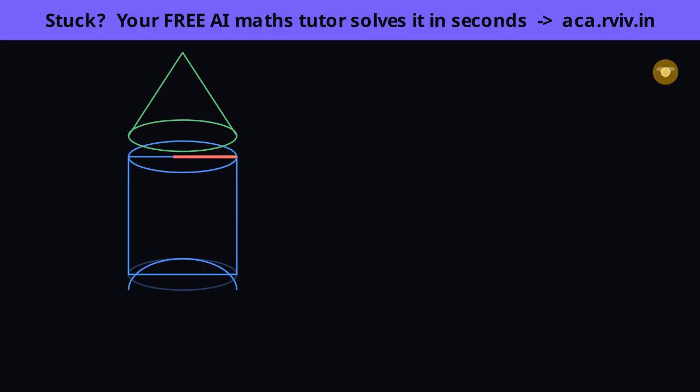So how do we find the surface area of this combined solid? Here is the natural first guess a student makes. Just add the whole surface area of the cone to the whole surface area of the cylinder. But watch, that would be wrong, and it is worth understanding exactly why. Surface area means the area of the skin you could actually paint. But those two circles at the joint, pressed face to face, are trapped deep inside the solid now. No paintbrush can ever reach them.